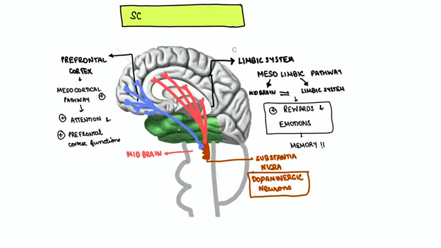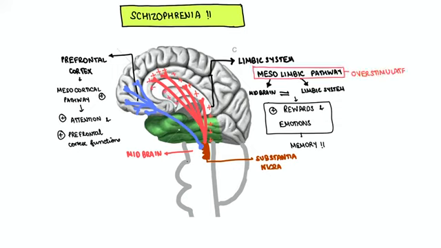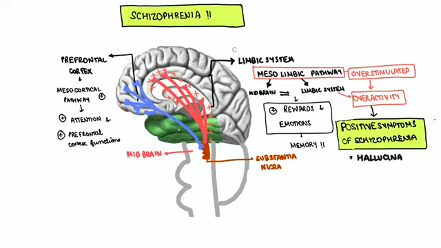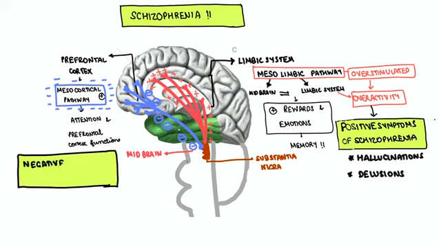Before concluding, we will have a short overview of what happens in schizophrenia. In schizophrenia, the mesolimbic pathway will be overactivated. So, limbic system emotional overactivity happens. This contributes to the positive symptoms of schizophrenia. Positive means those which are not present in normal individuals, like hallucinations and delusions. And the mesocortical pathway will be underfunctioning in schizophrenia. So, prefrontal functions will be lost.